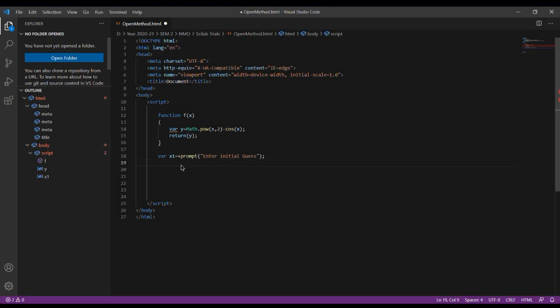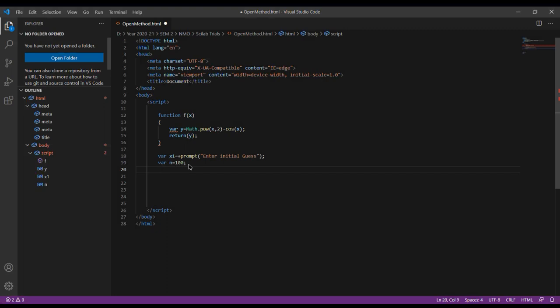Now we have to perform the iterations. At the same time we would like to have some sort of checking that whether we have achieved the root or not. So therefore var n equal to 100. So we are going to have a maximum 100 iterations. If within 100 iterations I could not achieve the root, I am going to stop it. That is why I select the maximum number of iterations to be n equal to 100. Semicolon. Okay, press enter key.